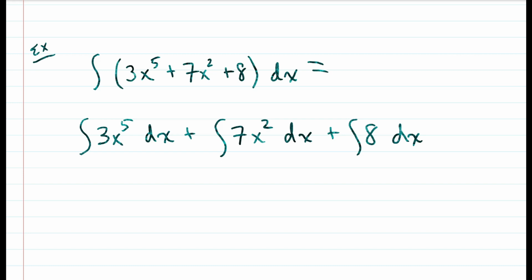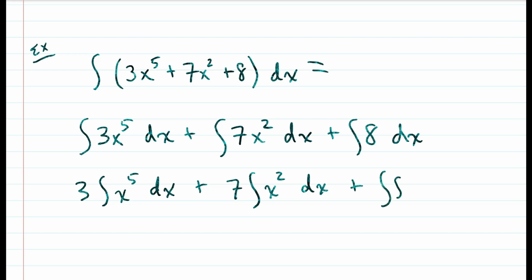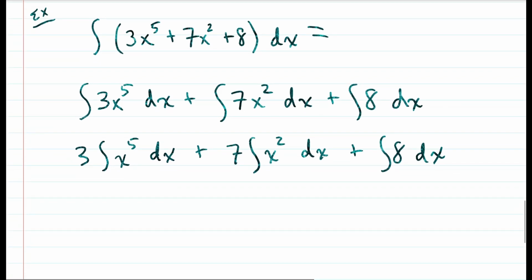Just as you did for differentiation, a constant can always come outside, right? So we can do the same thing here too. So now we have 7 times the integral of x squared. All right, and now we can just do this piece by piece. So now you would just go ahead and recall the rule that we went over, that definition that we went over when we have x to the n power. So this becomes x to the 6th power, right, over 6, and this is times 3,